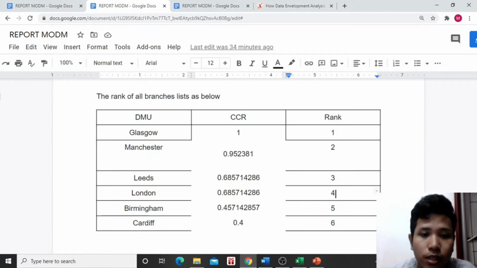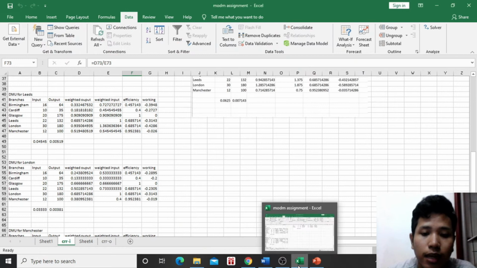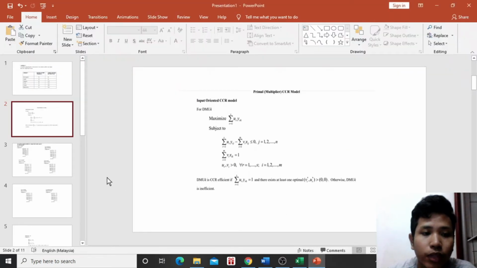The first one is Glasgow with the CCR equal to 1, which is the most efficient of all the bank branches. Okay, so that's it for the primal CCR model. Next, I'm going to show you guys the second part, which is the dual